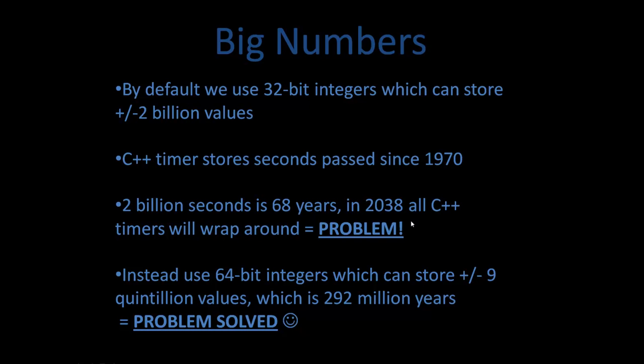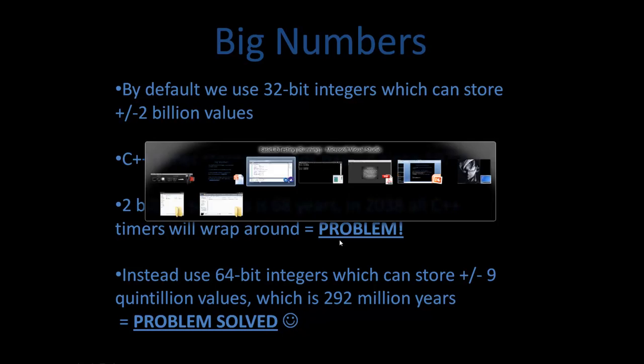So to solve that problem, we have to use 64-bit integers, which can store up to plus or minus 9 quintillion values. I don't know how many zeros are in there, but it's big. And when we convert that from seconds to years, it's going to be 292 million years. So that definitely solves our problem. Now just to show an example in C++,